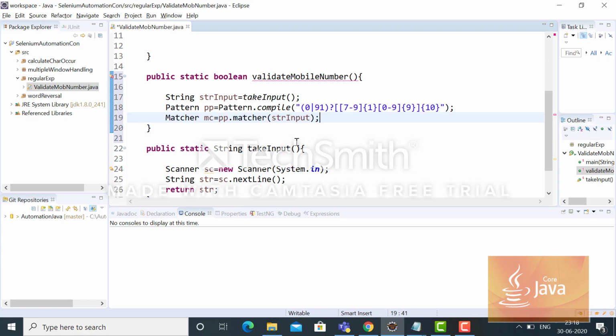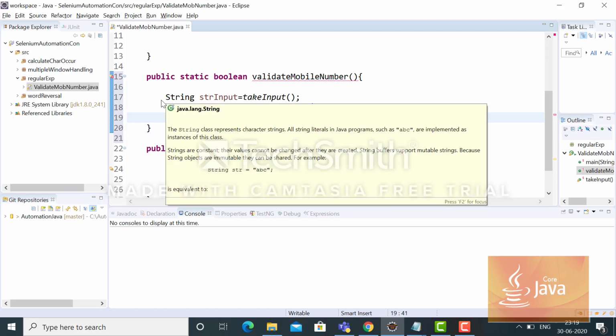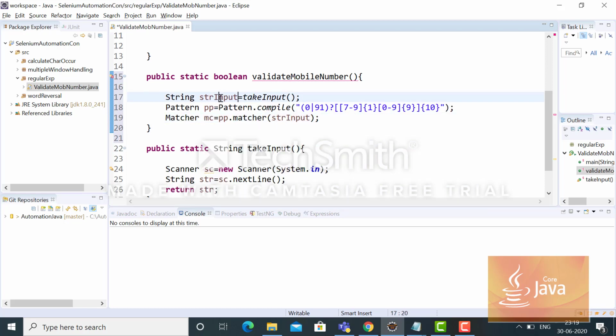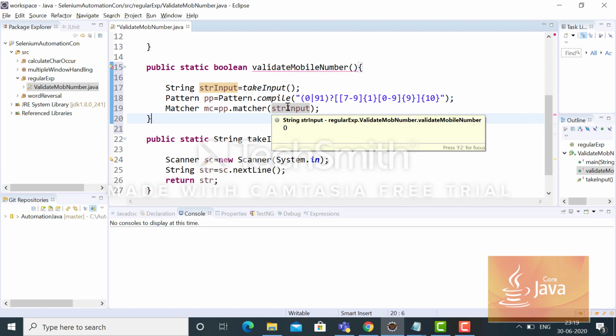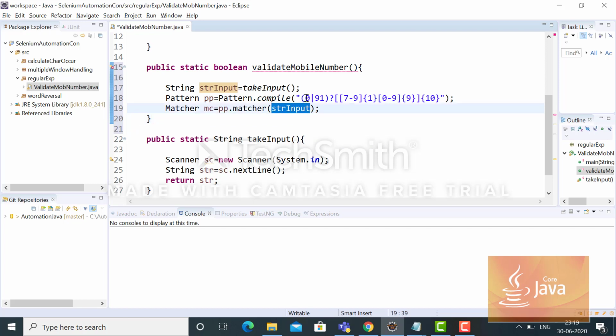So basically what I wrote over here, guys, is that I'm taking the input from the input method and using the Pattern class I'm compiling. I will segregate what all possible combinations come out from this pattern. Then against this pattern I'm matching it, whether my input string matches any of this pattern evaluated here or not.